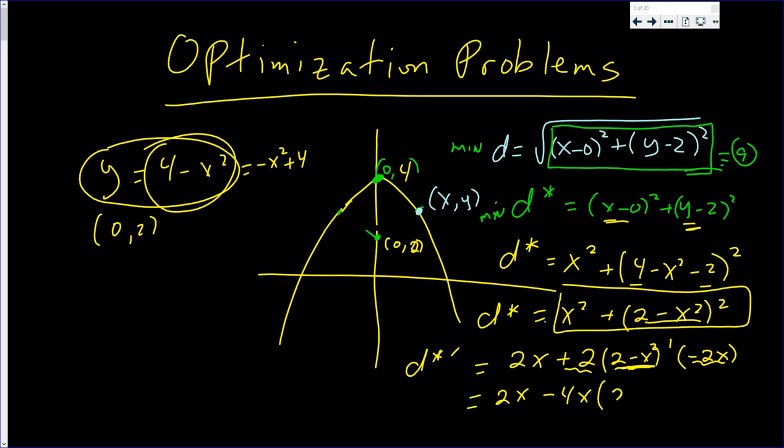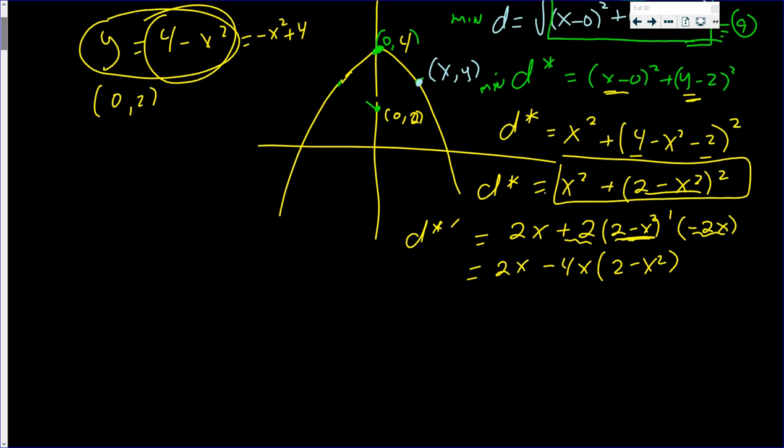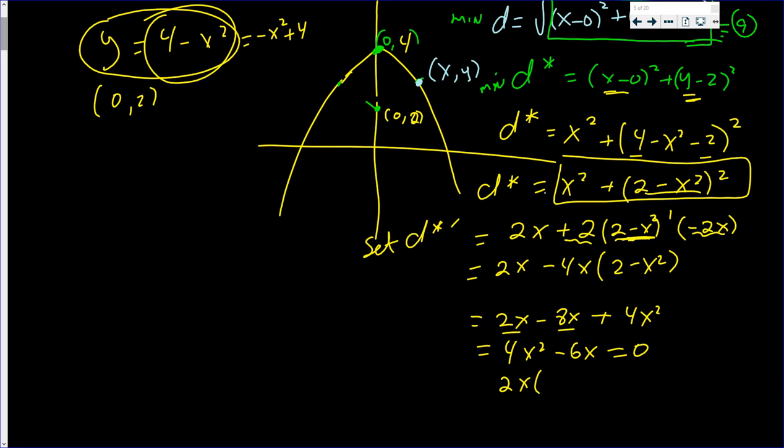times the last factor. Now, if you FOIL this out, you will get negative 8x plus 4x cubed. I'll write the 4x cubed first, and 2 minus 8 is negative 6x. And we want to set the first derivative equal to 0. Now, I can factor out a 2x, and then I get 2x times